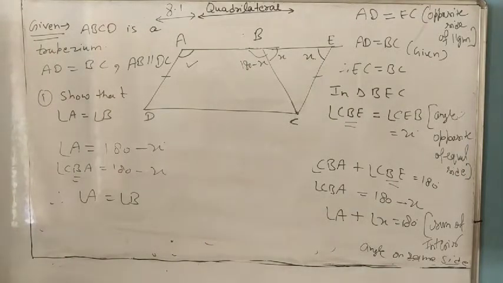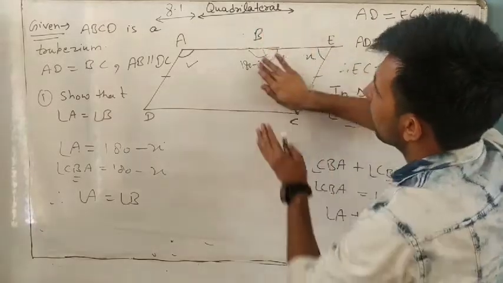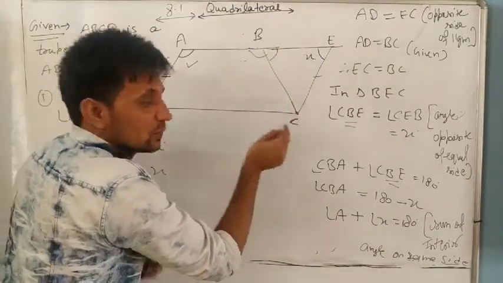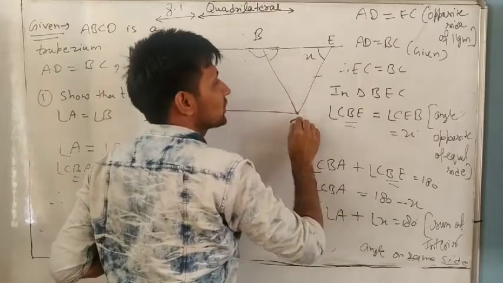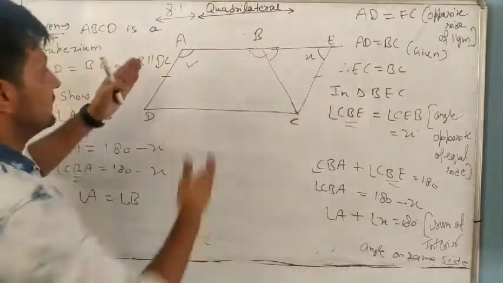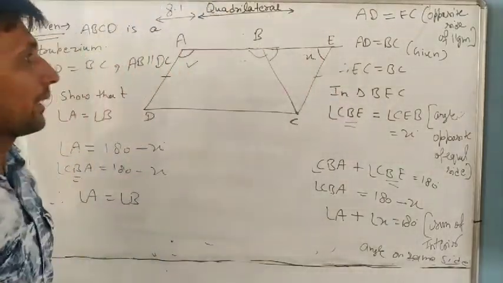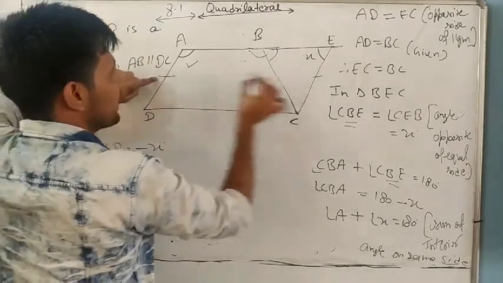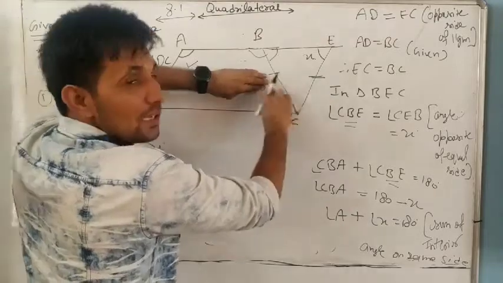One more time I will explain it. Only this one is given. So we draw, very simple, a line which passes through C and is parallel to this line. So these are parallel, and if these two are parallel, it means it is a parallelogram. Parallelogram means opposite sides are equal and parallel, we know. So this one equals this one, and this one is already equal. It means they are also equal.